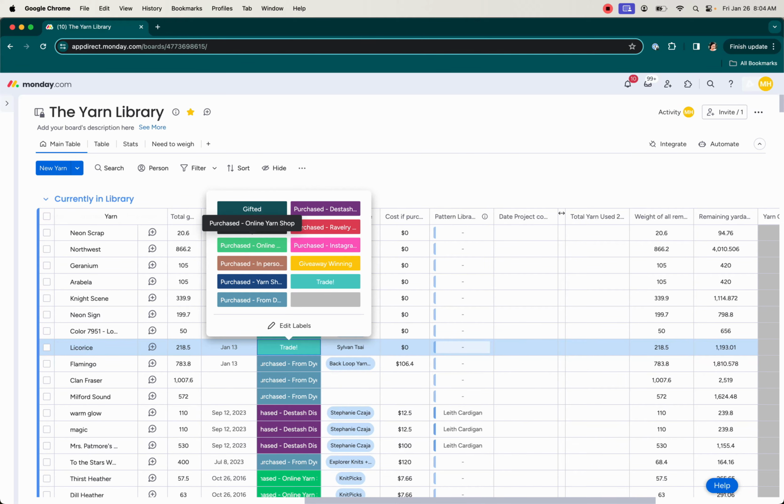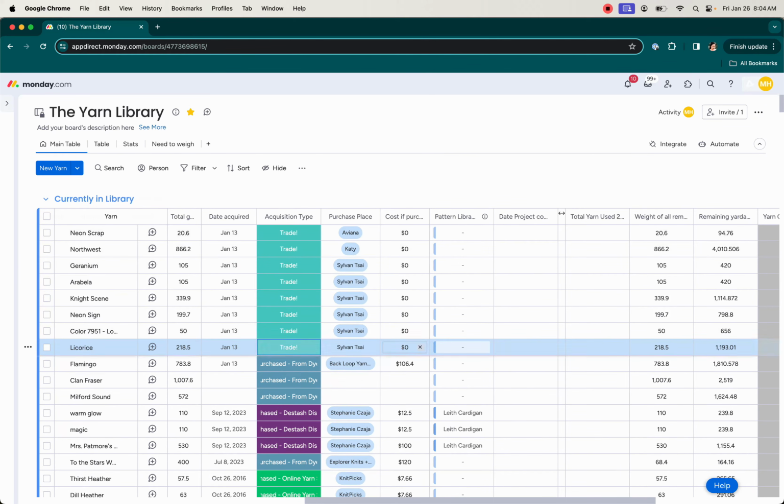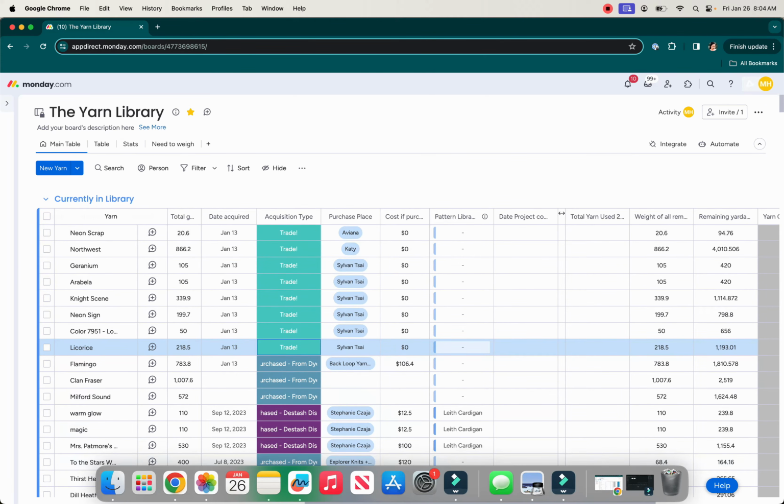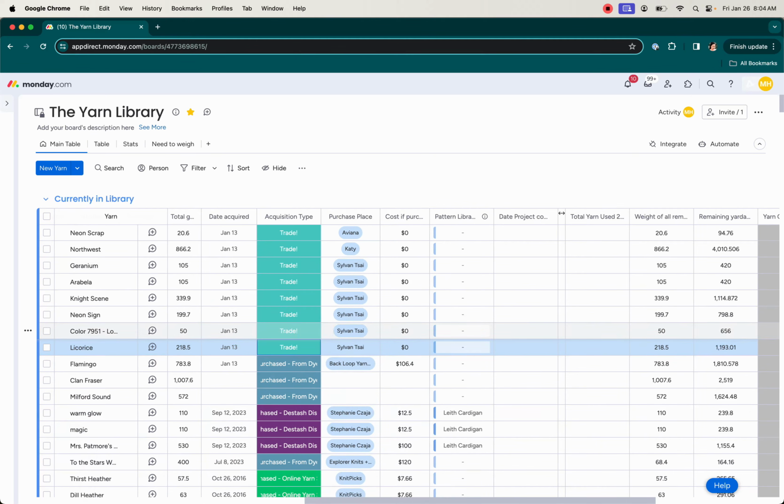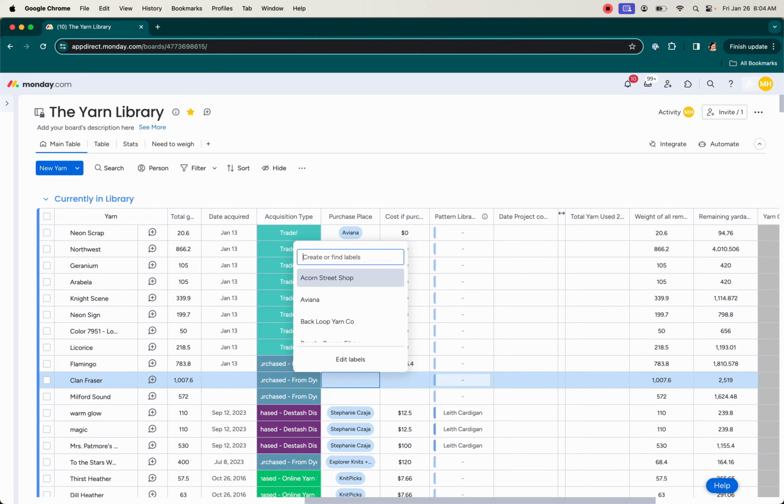Purchased, then online, in-person yarn shop, yarn show, dyer. I have not found anything that falls outside of those categories, but I would add it if it felt significant. And then the purchase place, if it's a person from Discord, I will also use that. For example, I have not put in all the information for this, but this is